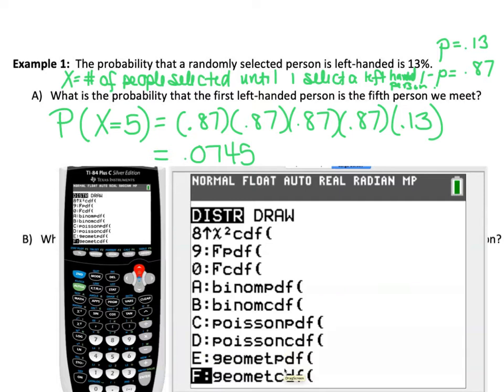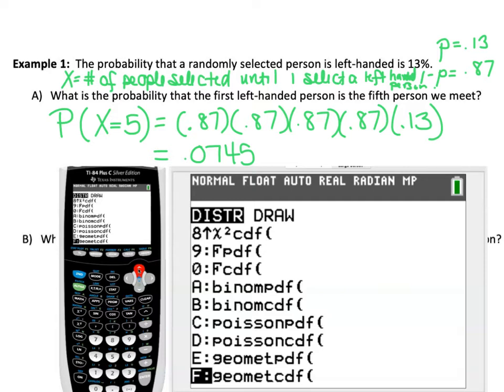PDF stands for probability density function, and it's when you're trying to find the probability for one specific value. Finding the probability that the first left-handed person is the fifth, so x equals 5, you're going to use geometric PDF. You would use CDF if the question were at or below 5, standing for cumulative